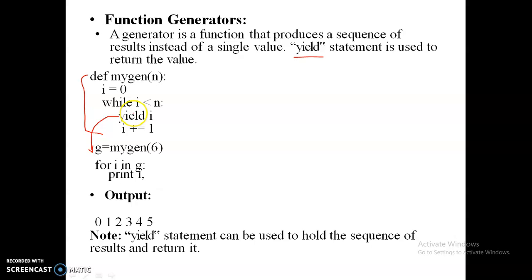So the first value of i is returned outside, and again the function is executed, it increments the i value, checks the condition again, yields the value, increments the value, and repeats the condition checking.